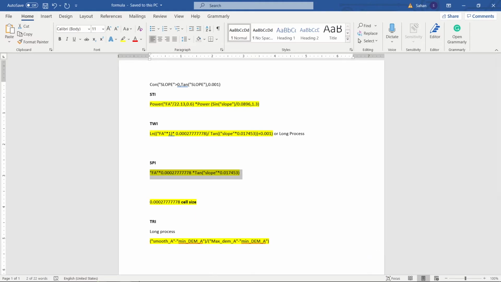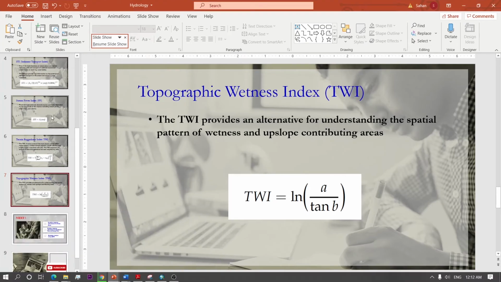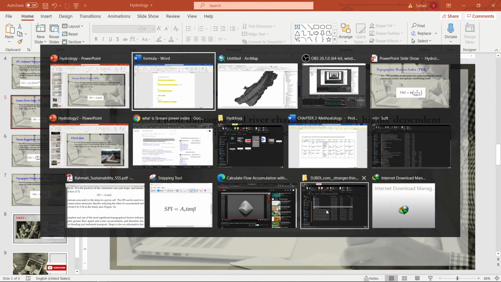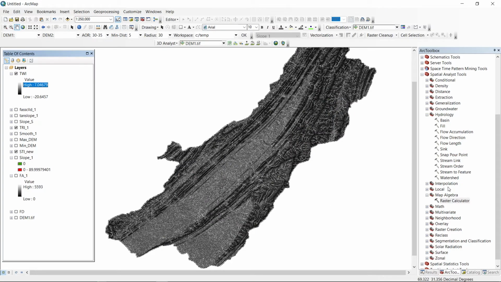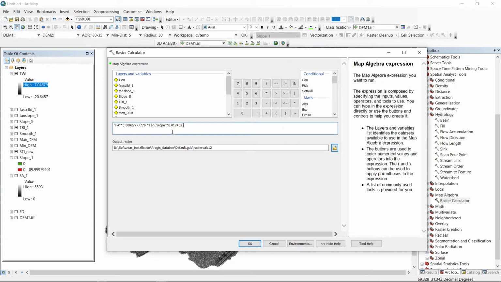Simply, we will go back to the PowerPoint. SPI is simply flow accumulation times tan slope, right? So we will go back to the raster files in ArcGIS, then raster calculator. Just copy and paste that formula.